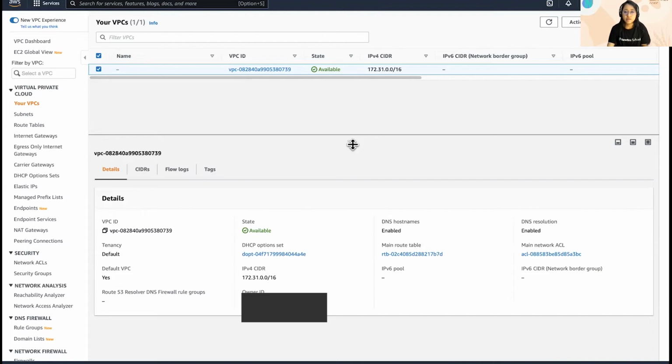Instead, AWS provided a very easy-to-use option: they already created a default VPC where you can just go to EC2 and launch that instance without worrying about creating a VPC and all the other details and configurations, right? So this is useful. But for this demo purpose, I'll show you how to create a non-default VPC.